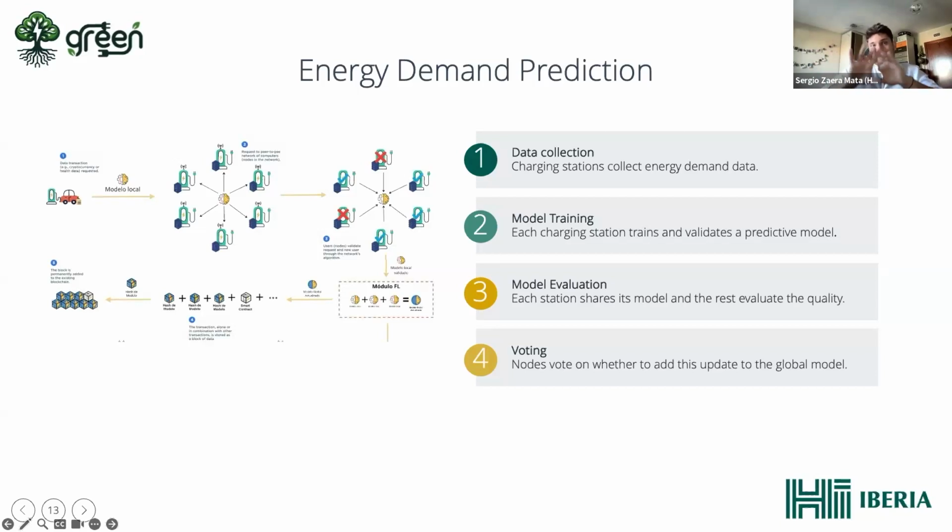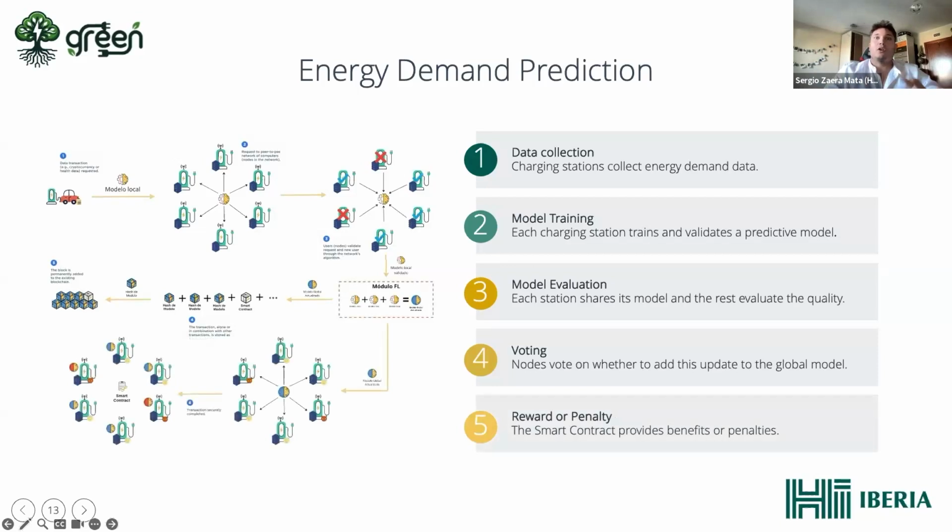So in one phase, the updated model is first sent to the ledger of the blockchain with the smart contract, and with the last updated global models, and it's registered there and it's immutable. And in the other direction, this updated global model is distributed again in the net, so all the charging stations that sent a local model can have the benefits.